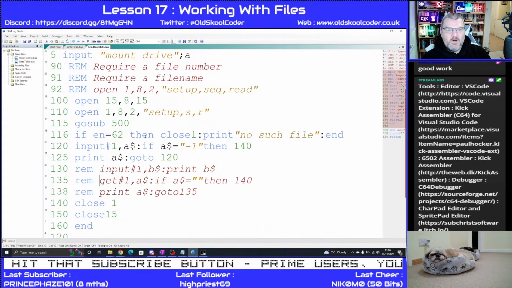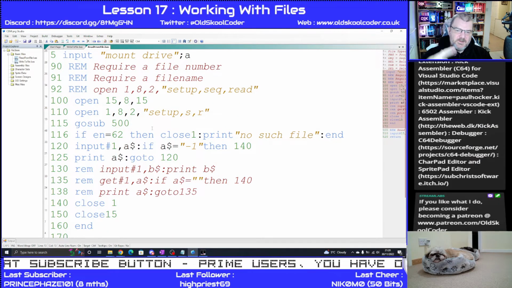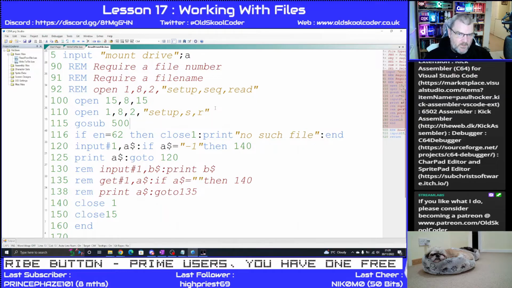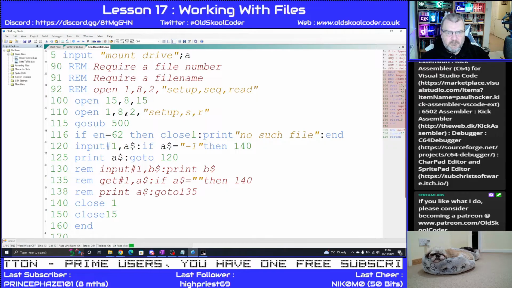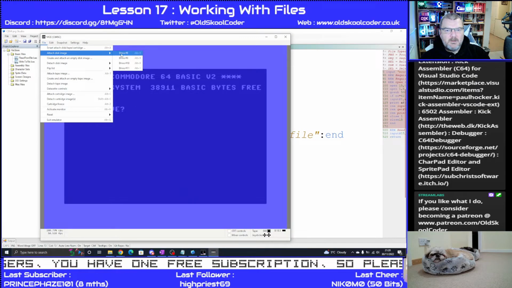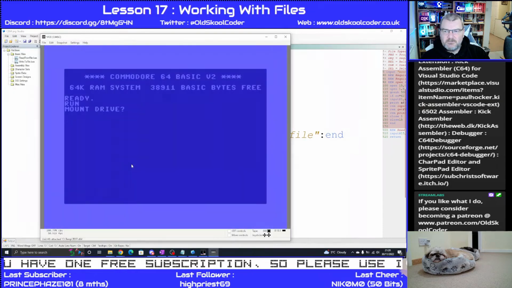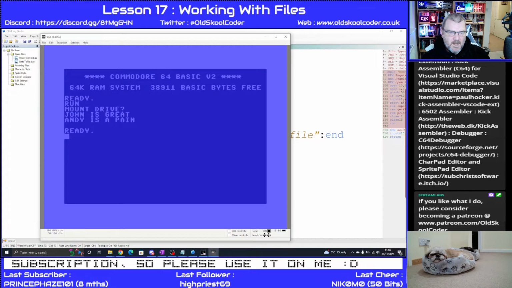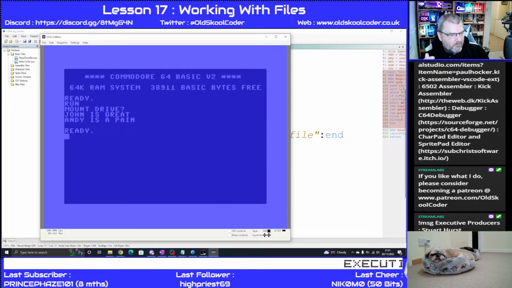So when we come to read it, we should be able to loop through it until we hit that -1 and then drop out. So here we go. We'll attach the disk and we're going to tell it to go. There you go. It's read both lines, and then because it found the -1, we have come out of the program. And that's how you write and read sequential files